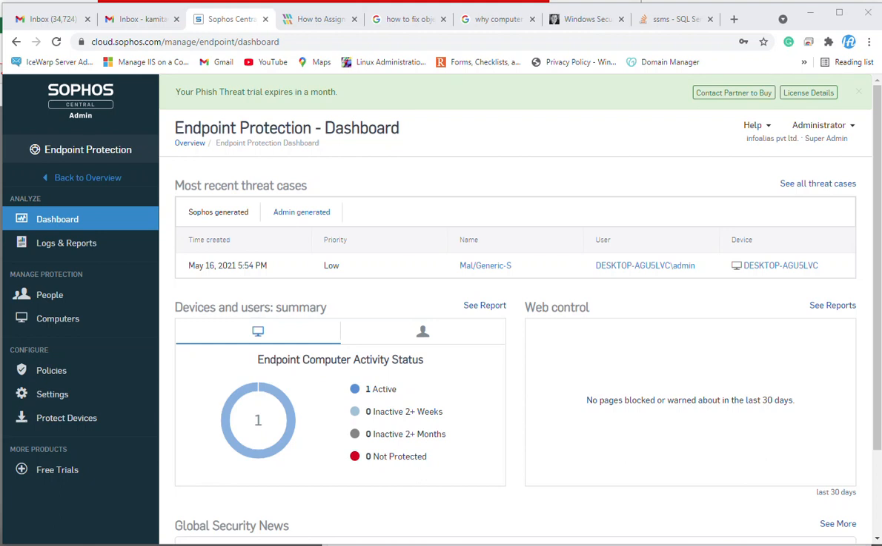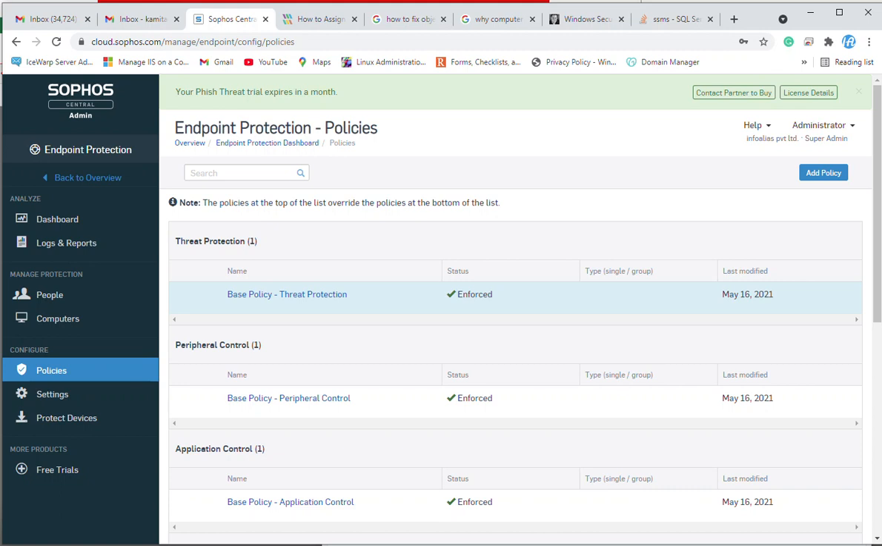In the last video, we had seen how we can install the endpoint protection agent on the client machine. Now in this video, we will see post installation of the endpoint protection agent. You need to configure the policies for your endpoint protection for scanning or for threat detection and all. So we'll go on the policies tab inside the configure options on endpoint protection dashboard, and we can see there